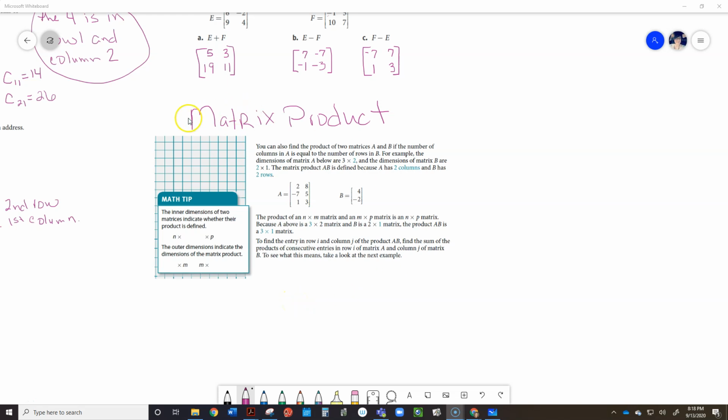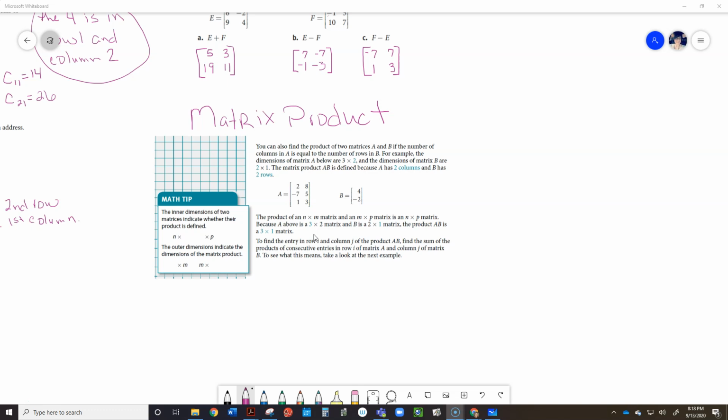Okay, so there is a condition that must exist in order for you to be able to multiply two matrices. Remember, to add and subtract them, they had to be the same size. They do not have to be the same size in order to multiply. But what has to be true is that when you compare the size of the